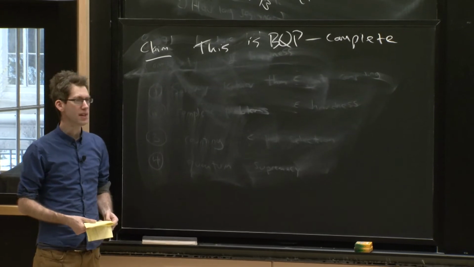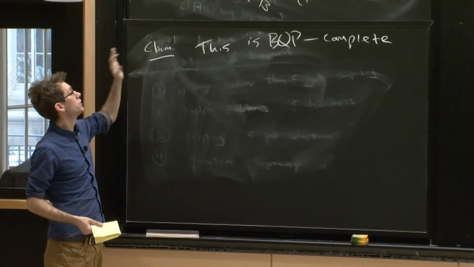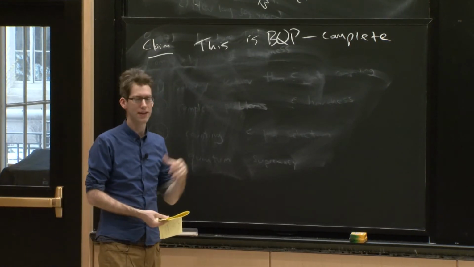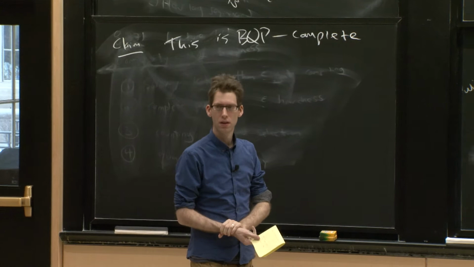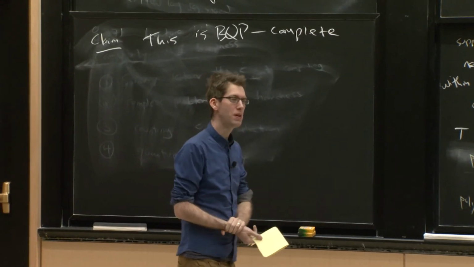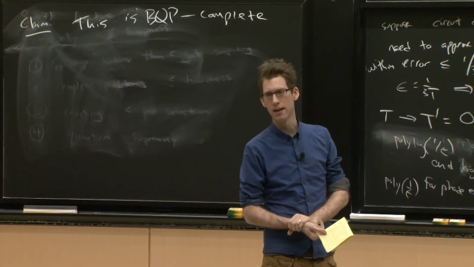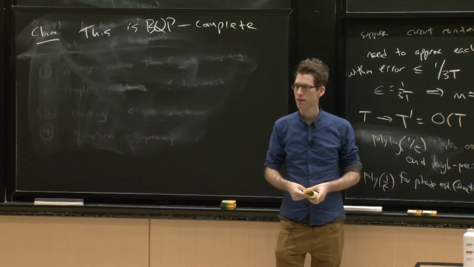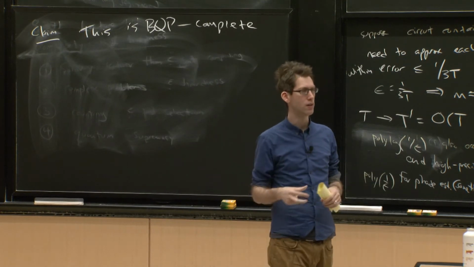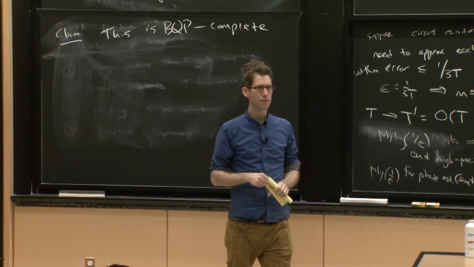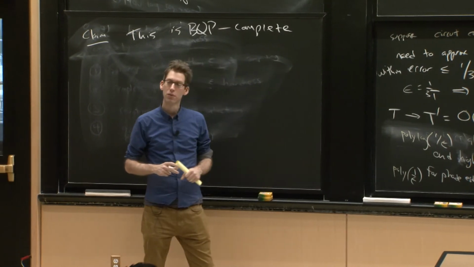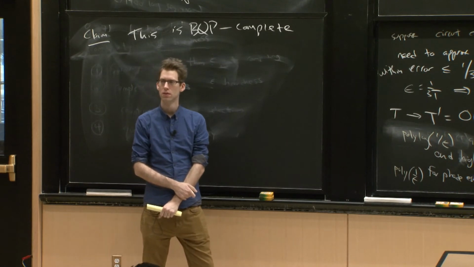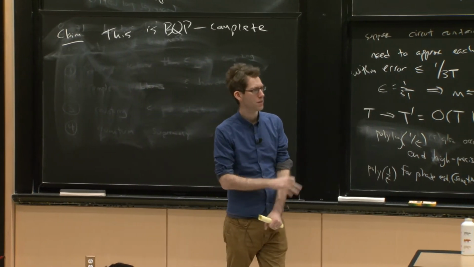On the other hand, any problem in BQP can be expressed in this way. If I have something in BQP, practically the definition of BQP is to say there exists a circuit that does something like this. You might get nervous. You might say, well, BQP allows me to run in time polynomial in n, like maybe n to the 17. And this only allows me n squared gates. I had to pick something concrete, so I picked n squared. Does anyone see how to get around that problem? It shows you, I think, some of the subtleties of a